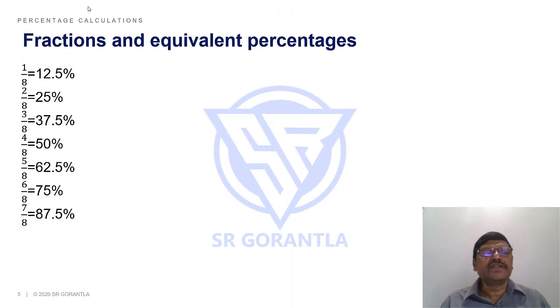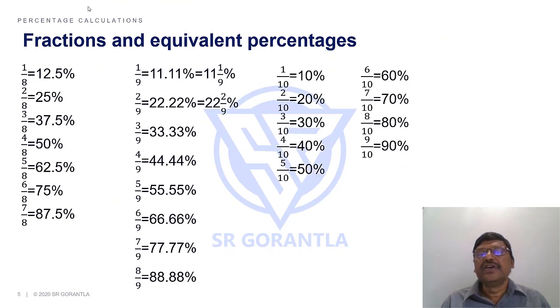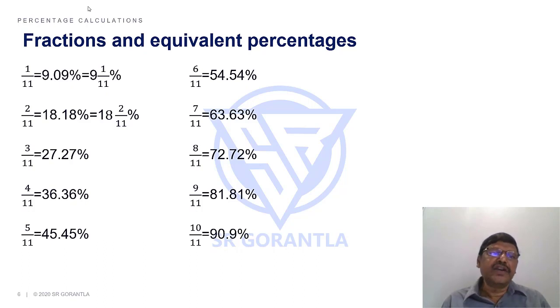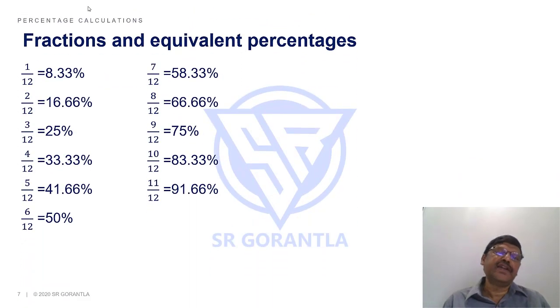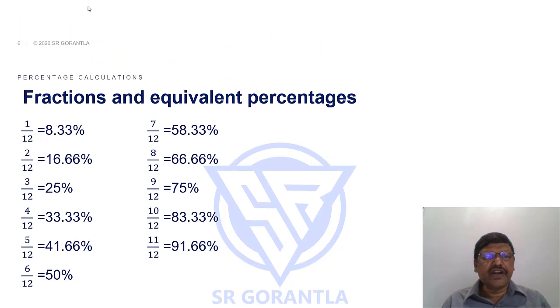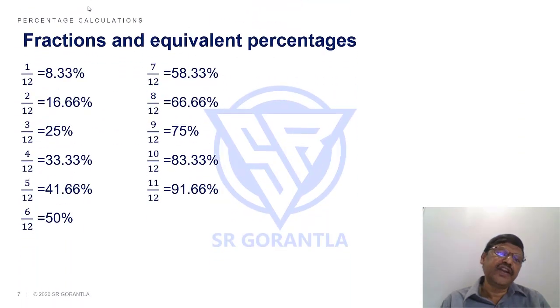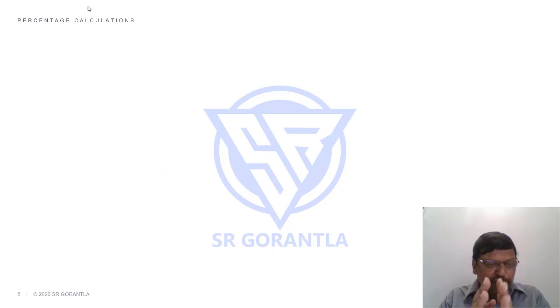Again 1 by 8 and multiples, 1 by 9 and its multiples, 1 by 10 and its multiples. Right, take a screenshot, and then 1 by 11 and its multiples, right? So then finally 1 by 12 and its multiples, right? So I hope you have written down 1 by 11 and its multiples, or you have taken the screenshot, and then 1 by 12 and its multiples. Students, you have to be thorough with that. As I said, you watch the video, you will know what I have said there.